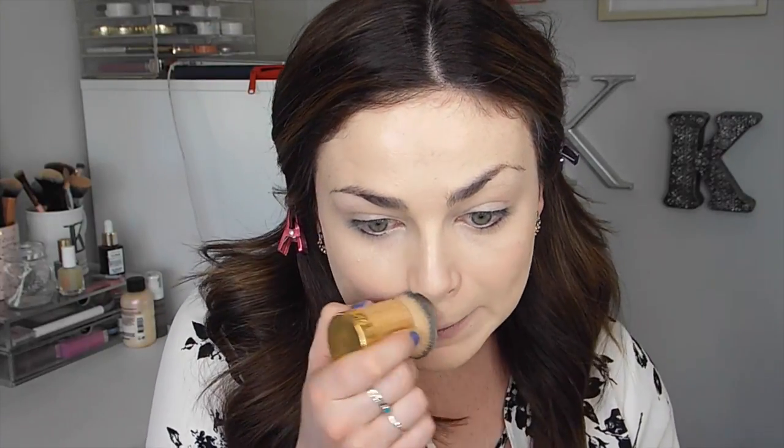Mine is in the shade 110, and this is the matte and poreless version. This is a really nice powder. It's very, very fine and goes onto the skin in a very silky way. It's not heavy at all. So I like to use this when I'm not looking for a ton of extra coverage, but I just want to make sure that foundation is set in place because I do find that L'Oreal Lumi, it is one that I absolutely need to set because it'll transfer and I don't want to be getting it all over